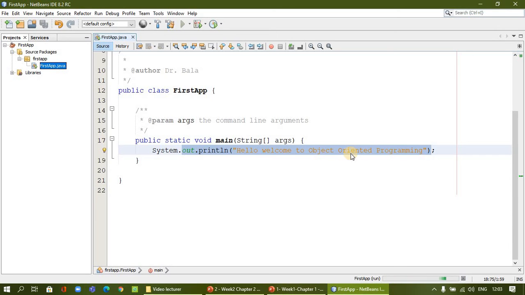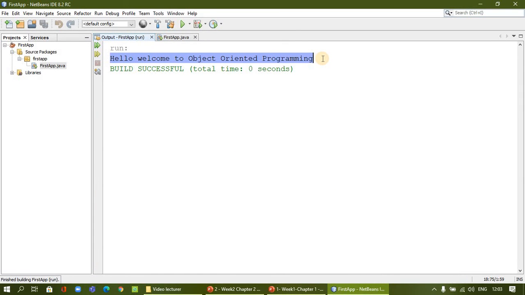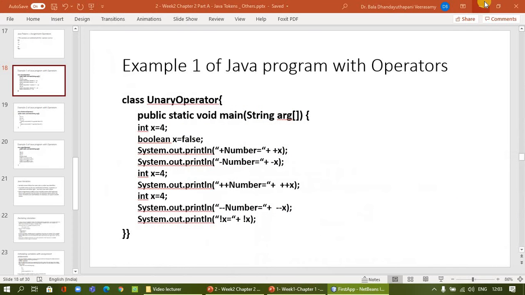So now the program is getting compiled and it is going to be executed after the compilation. So this is our console window where the output is showing. Okay, output is showing. Now we should get the clarity. See, this program is saved as FirstApp.java. So what we have written here is the .java file. Let us go to the folder and understand about this project.